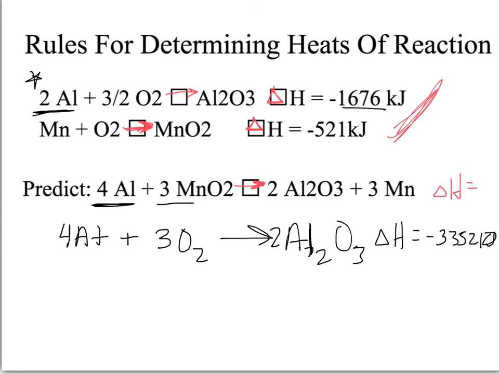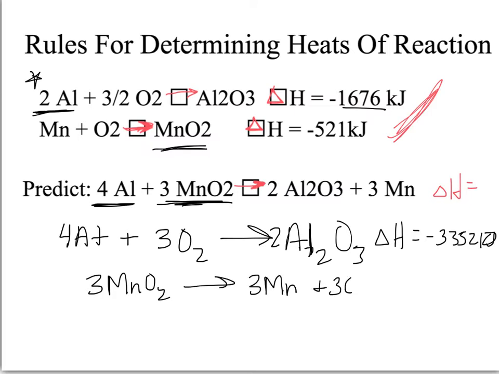Now the next reaction. If we look at my next reactant in the reaction we're looking for, I have 3MnO2. It's on the reactant side. Here, I have MnO2, but it's on the product side, and I only have 1 mole represented here, so I'm going to have to flip it and multiply it by 3. So I'm going to have 3MnO2. Then I make 3Mn plus 3O2, and delta H, since I flipped it, the sign becomes positive, and it's going to be